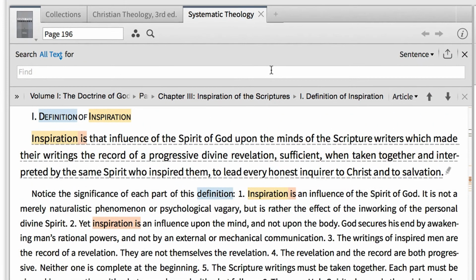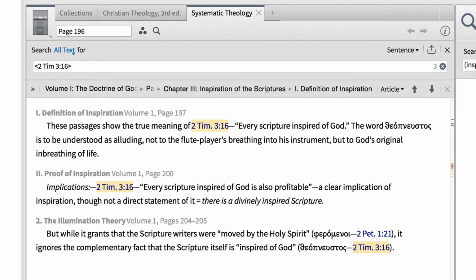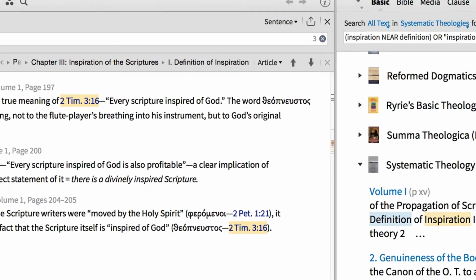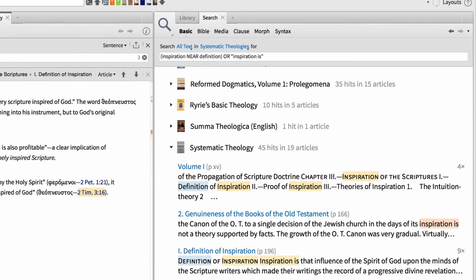Strong's definition leans heavily upon texts like 2 Timothy 3:16. If you want, you can open an inline search, enter the reference, and discover everything this author has to say on this key verse. So with Logos, we can create a collection of all of our systematic theologies, then search this collection to compare different views on a particular aspect of